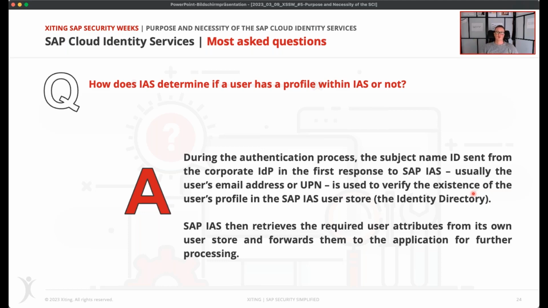So usually it contains the user's email, the UPN, and this is used to verify the existence of the user's profile in the IIS user store. And if there is a user, you can make use of your local profile information, and you can have the knowledge about all these identifiers that you may require, like a SAP global user ID. If not, then you just have to stick with the assertion attributes that you get from your corporate IDP.